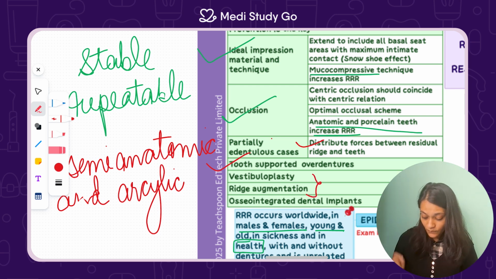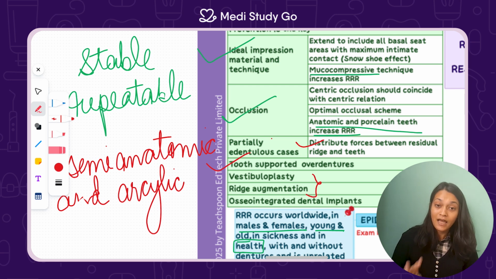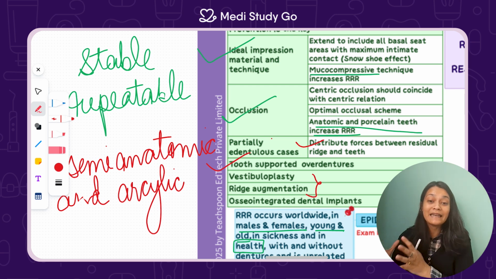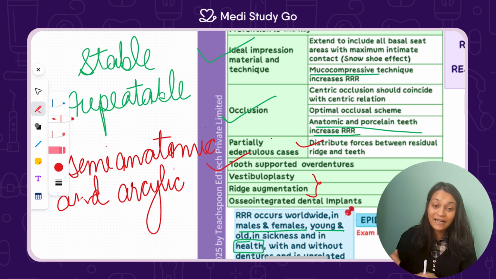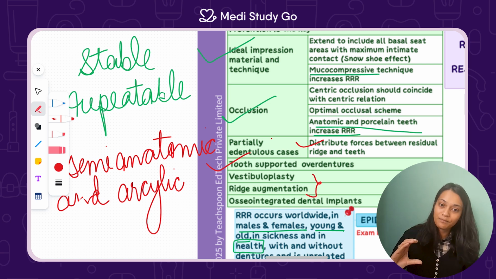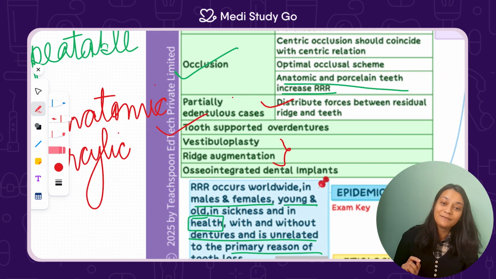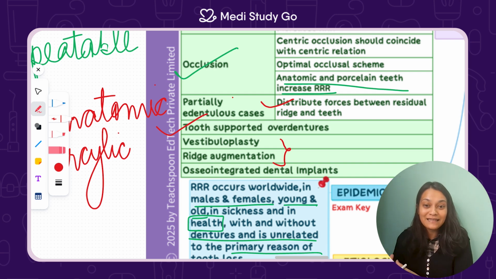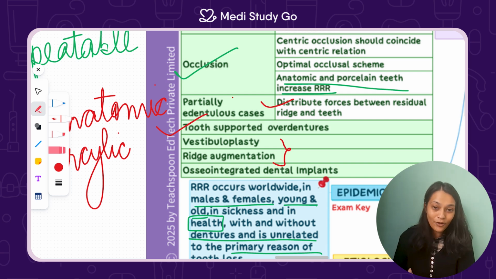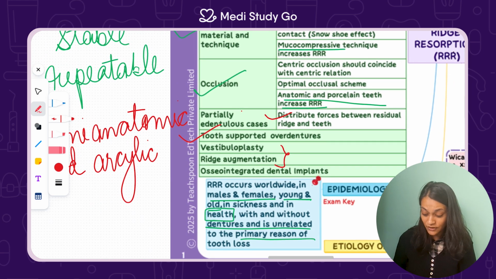Talking about vestibuloplasty and ridge augmentation. Now both of these are related to increasing the area, the height that we will achieve for making the denture. Vestibuloplasty means that you are deepening the vestibule, and the ridge augmentation means that you are increasing the length of the basal seat. Both of this will give us more area. More the area, better would be the distribution of the force. And the last thing is to put dental implants. Yes, because again this is going to be functionally stimulating the bone, which will mean that the bone resorption pattern will change and it will decrease the residual ridge resorption.